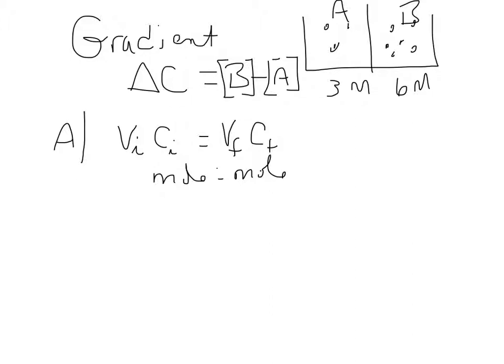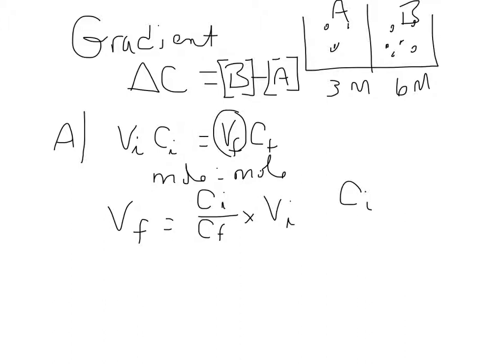Solving for the final, right there, will equal the initial concentration on that side divided by the final concentration times the initial volume. In this case, the initial concentration is less than the final concentration on side A,